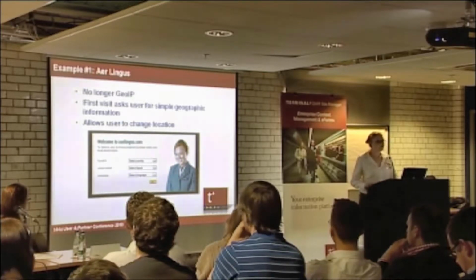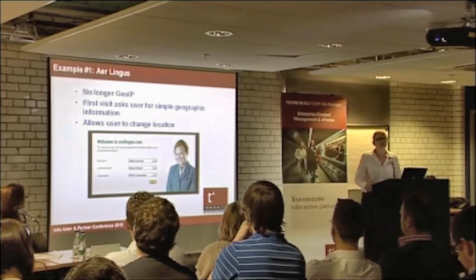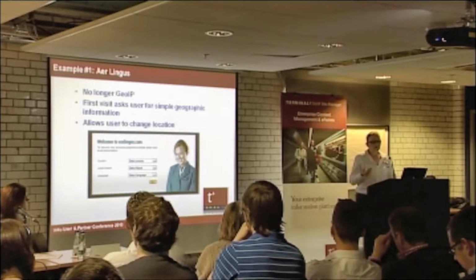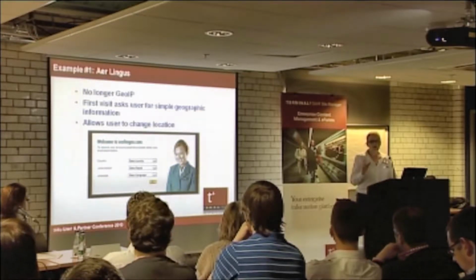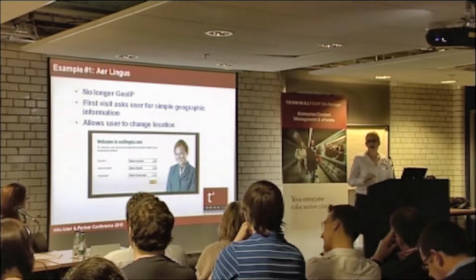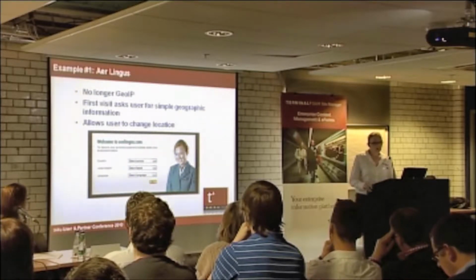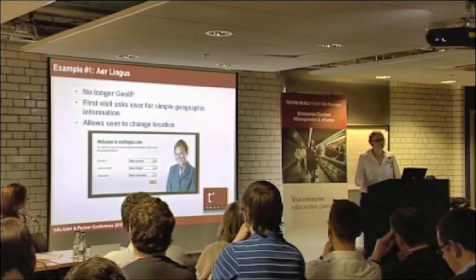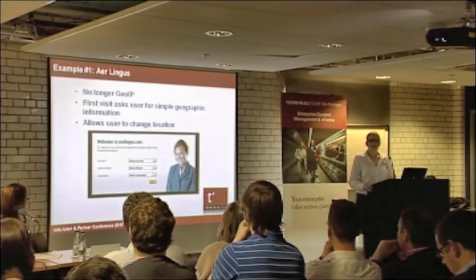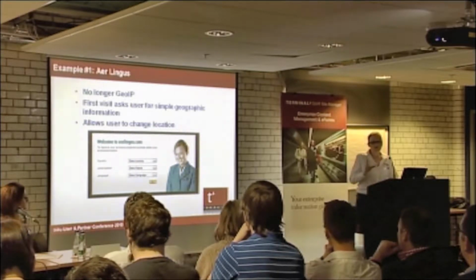So the first example to walk you through is Aer Lingus. Aer Lingus until recently used to use Geoip. For those of you who don't know what that is, when you visited their homepage, it would look at what the IP address of your PC was, and it would guess what country you were in, and so display information based on that. They had a number of problems with this. A simple example, anyone from Dublin who works in Dell was picked up as coming from America. So every time they went to the Aer Lingus website, they were given all these amazing deals to fly from